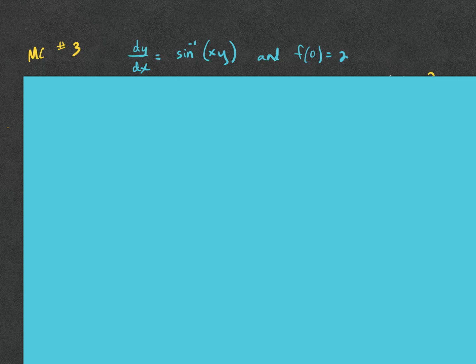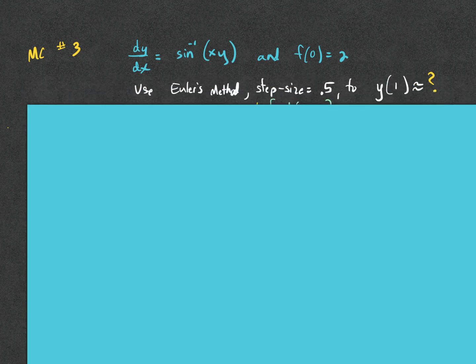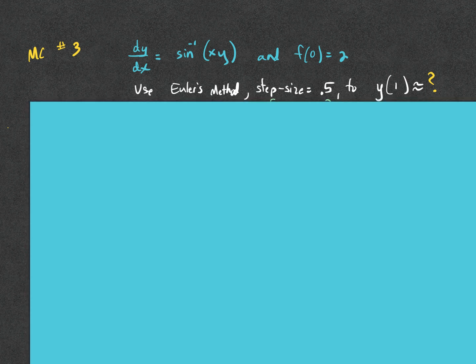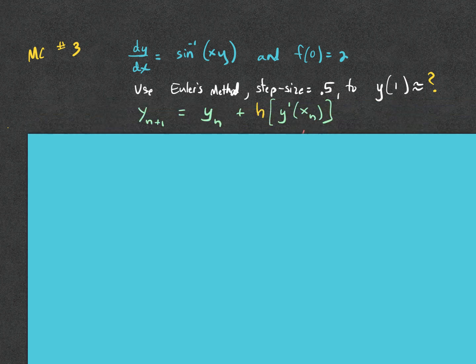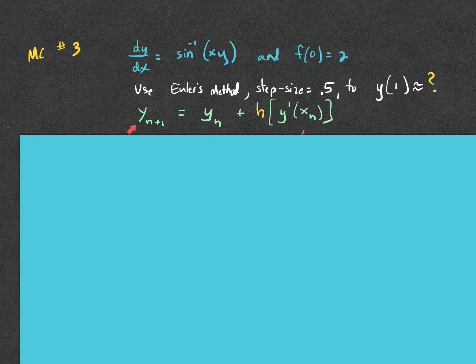Practice exam, multiple choice number 3. We know the slope of a curve, and we know that when x is 0, the y value is 2. Use Euler's method with a step size of 0.5 to estimate where the y value will be when x is 1. So you definitely have to have this formula memorized, which says the next y value will be the previous